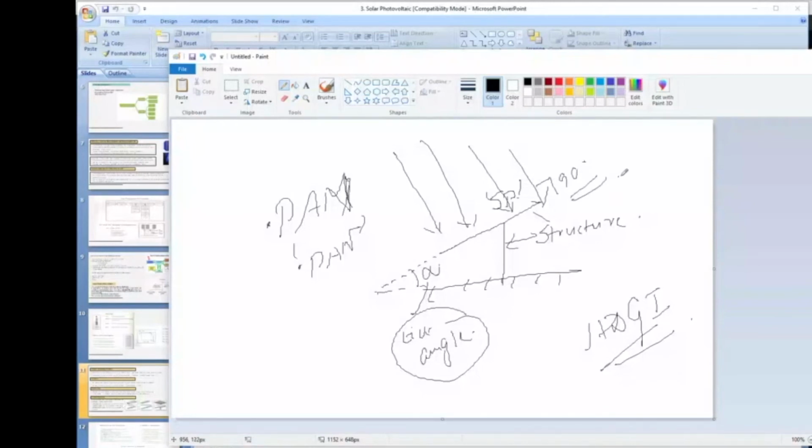If it is perpendicular, the generation would be the most, because if I take the sunlight incidence as I, it is directly proportional to VMP. The more the incidence, the more the voltage. If we see an original curve, at 8 am the voltage is less, and if we go ahead and reach 9 am or 10 am, the voltage would be more.